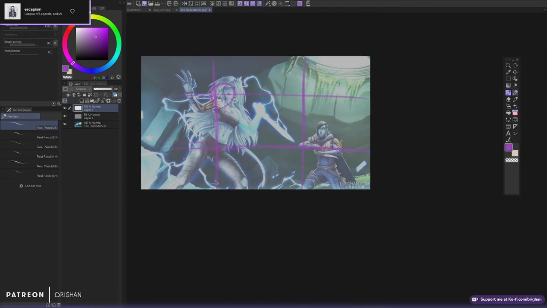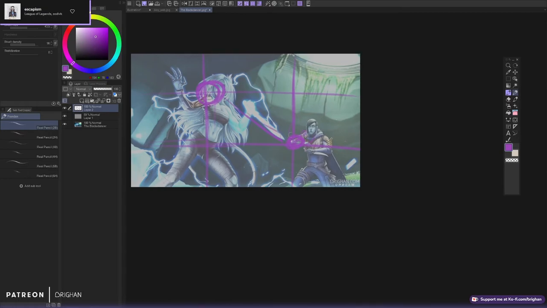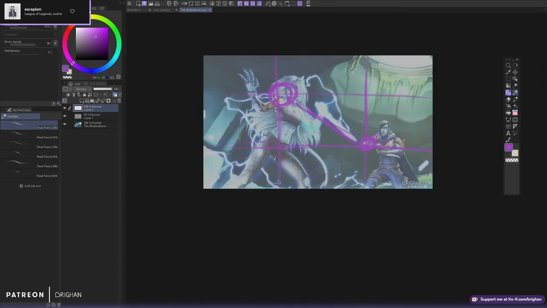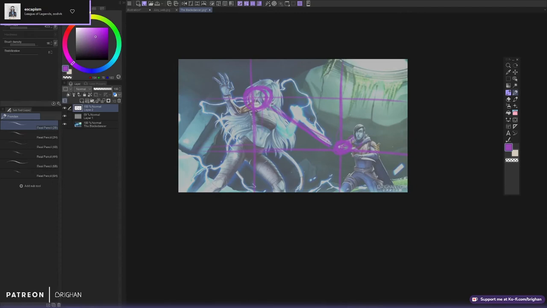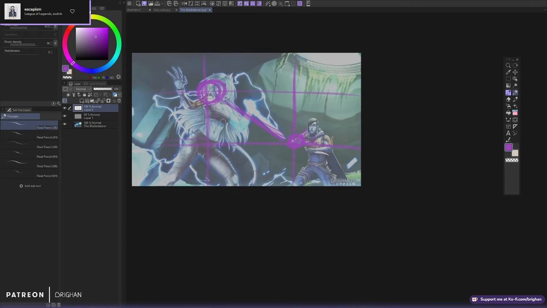As you can see, there's one focus of attention here, and then the other focus of attention is not centered, but pretty close to the center. And I'm also using the diagonal of the knife to invite the viewer to follow this